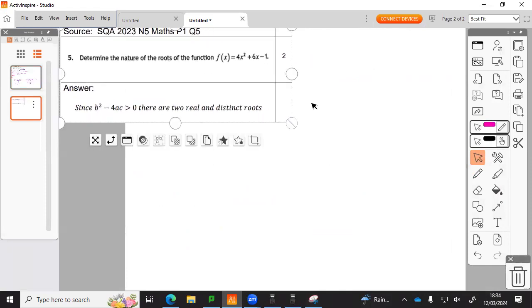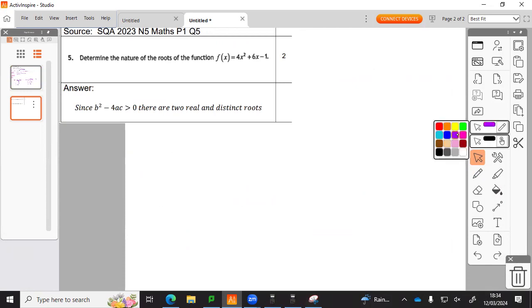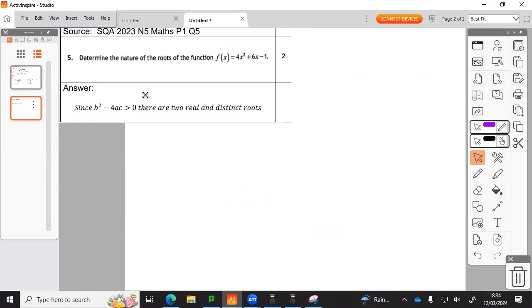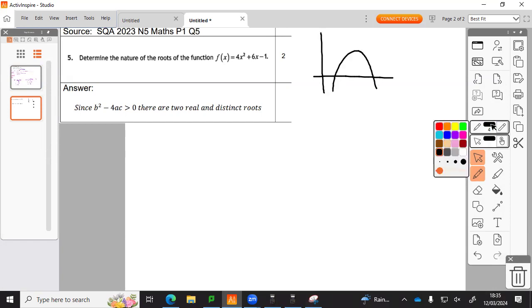Okay, if we look at that, determine the nature of the roots. The nature is asking, does it cross the x-axis? Right? When you see determine the nature, all you're looking to establish is the b squared minus 4ac. Alright? What it's looking for you to understand is whether the parabola goes through the x-axis and